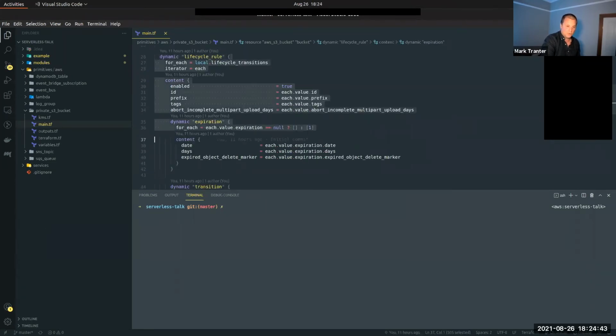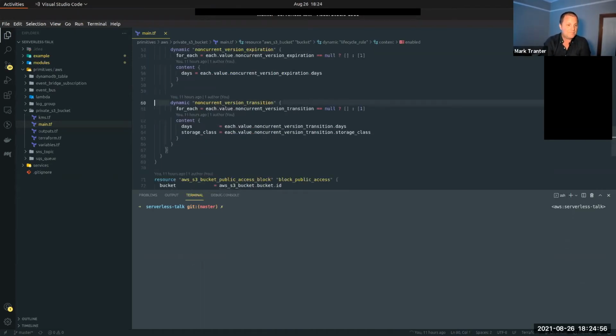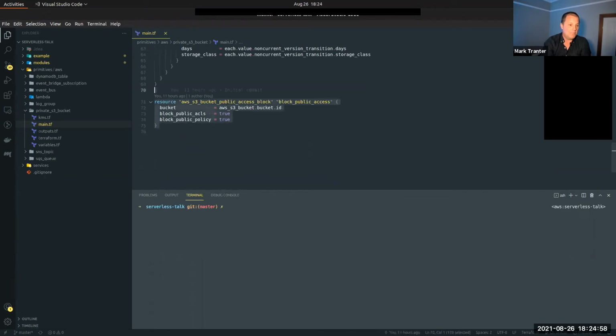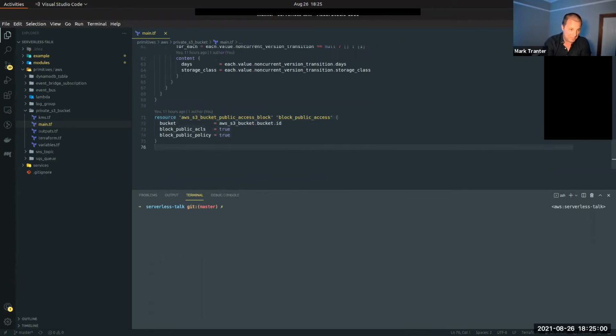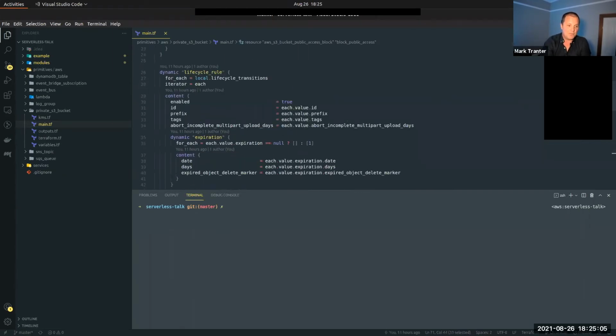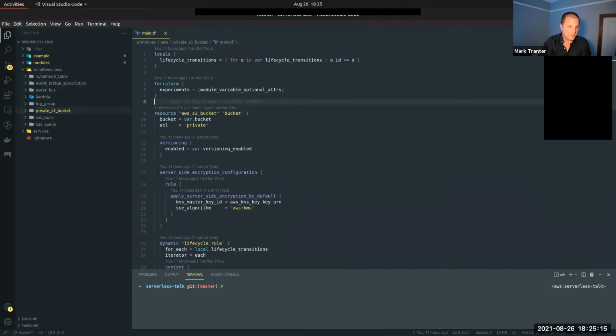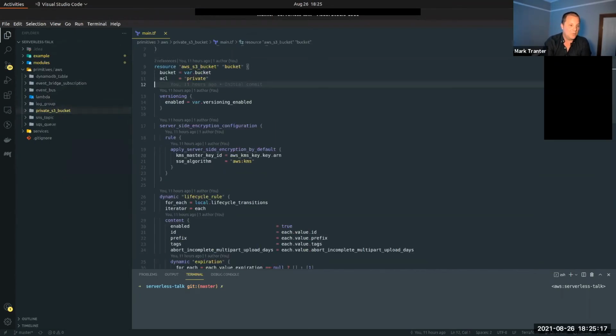We use lifecycle rules to make sure that we are cost-effective, so that if an item in our S3 bucket hasn't been touched for 50 days, we move it to some other tier of storage. We can set up public access blocks, so we can make sure that none of the items inside of our S3 bucket can ever be exposed. And in this way, I would really recommend building up these primitive constructs that are used across your whole serverless estate within Terraform.